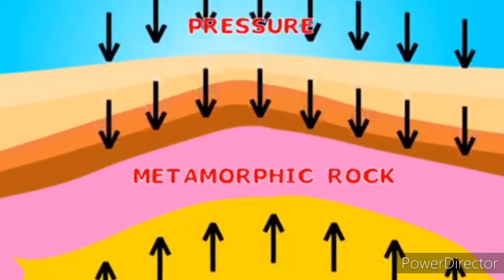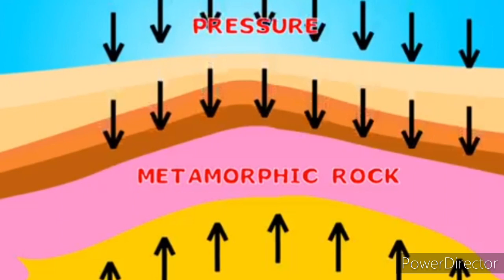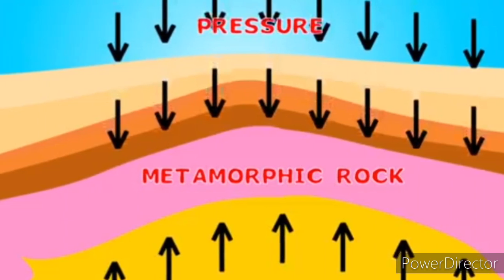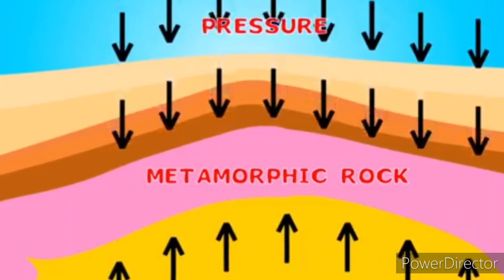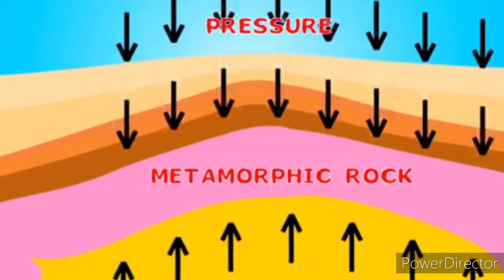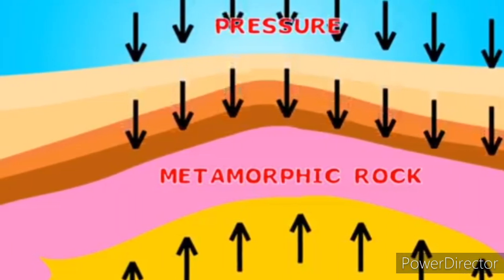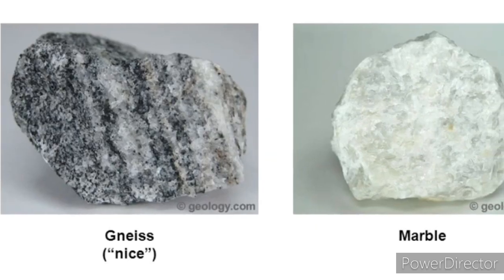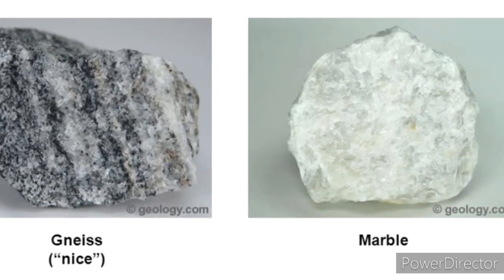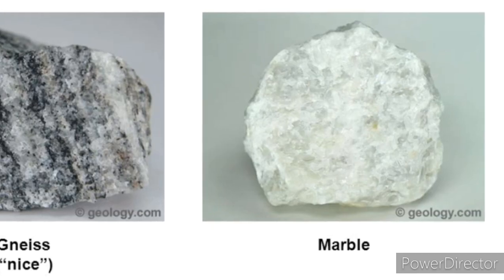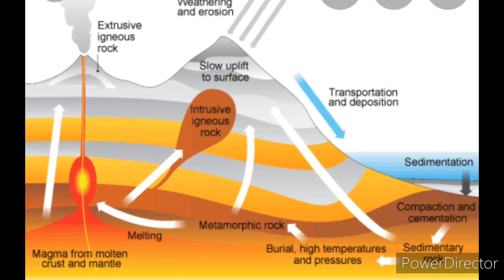The third and final type of rock is called metamorphic rocks. These rocks are formed from high temperatures and pressure. This type is formed only below the Earth's surface. Example, marble and gneiss. Then, any type of rock, no matter what it is, can become a different type of